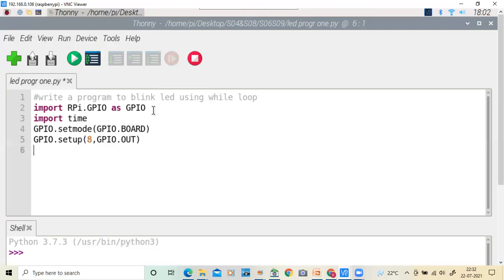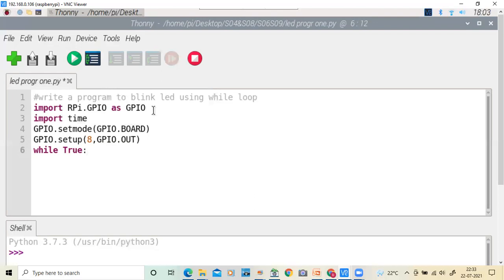Next, the block of statements. For the repetition purpose, here I am using a while loop.